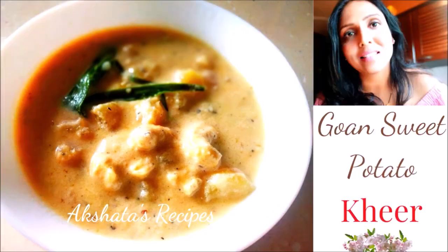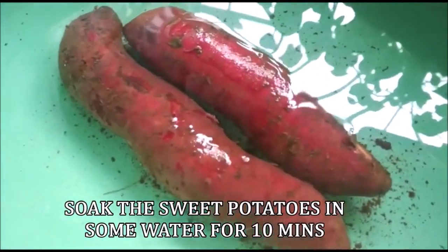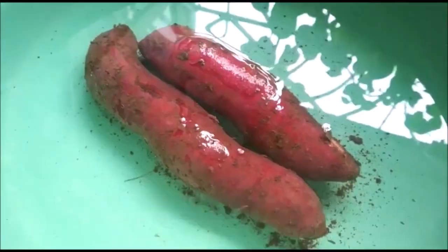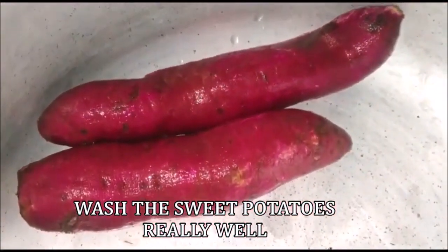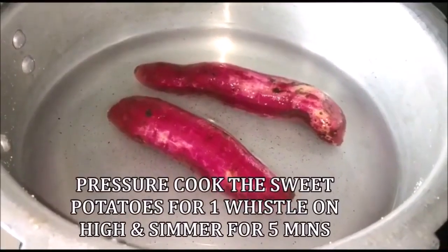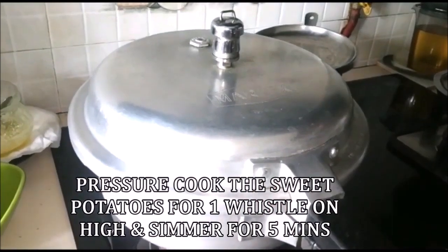So let's see today's delicious sweet potato kheer. Now here I've taken 2 medium-sized sweet potatoes and soaked them in some water for 10 minutes and then really scrubbed off all the dirt and washed them really well. Now I'm going to pressure cook this in my pressure pan for 1 whistle on high and simmer for 5